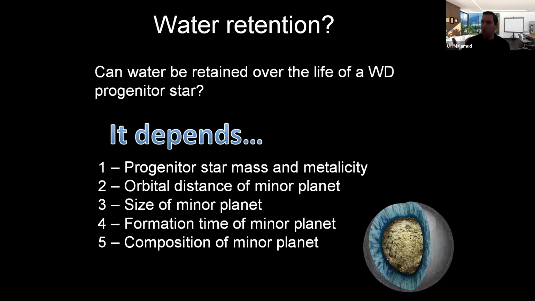Actually, there was no work that really did this at a high level with a lot of details. What is actually the composition of all of these objects in the outer solar system that survive to the white dwarf? How much water do they carry? This is what I mean by water retention. How much water do they carry after water presumably sublimates because of the post-main sequence of the star? This is exactly what I want to show you next. This will answer your question.